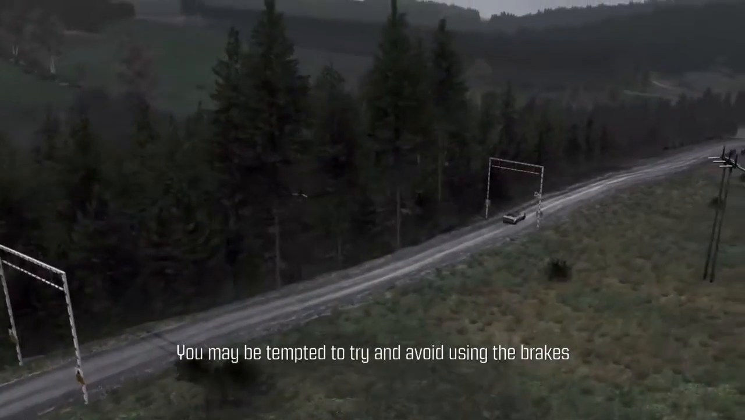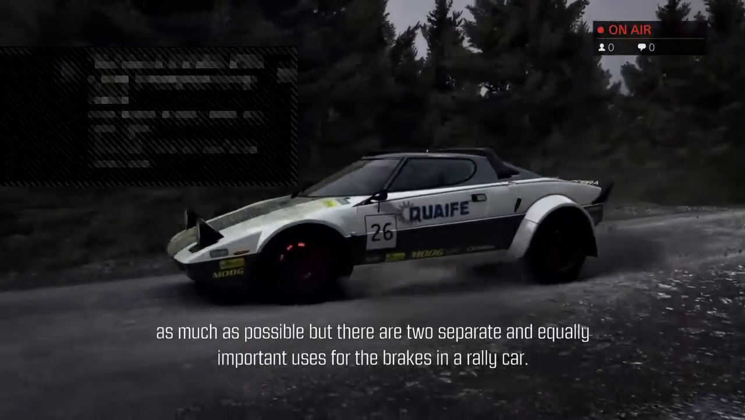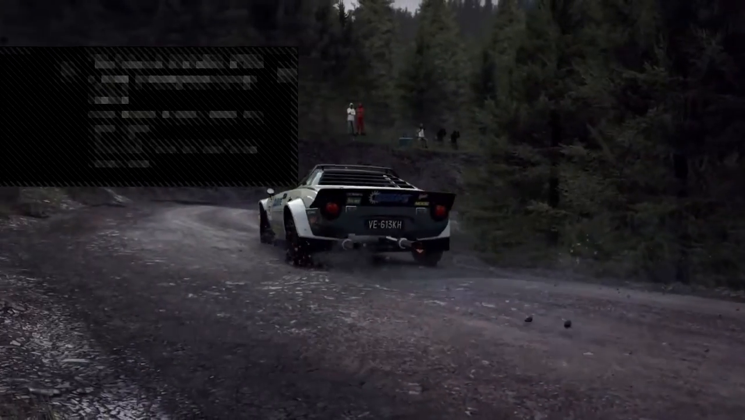You may be tempted to try and avoid using the brakes as much as possible. Equally important uses for the brakes in a rally car. The most